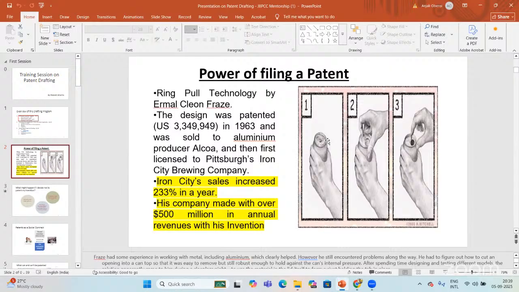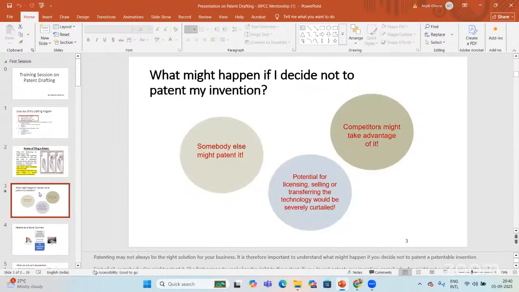And every day you are surrounded by so many things which we do not observe, but actually these are patented. But now, how to get it patented? This will be the question. Should you go for a patent, or should you simply keep on using or harvesting your invention without getting it patented? This is one thing which I always try to address and educate everyone about. What will happen if you decide not to patent?